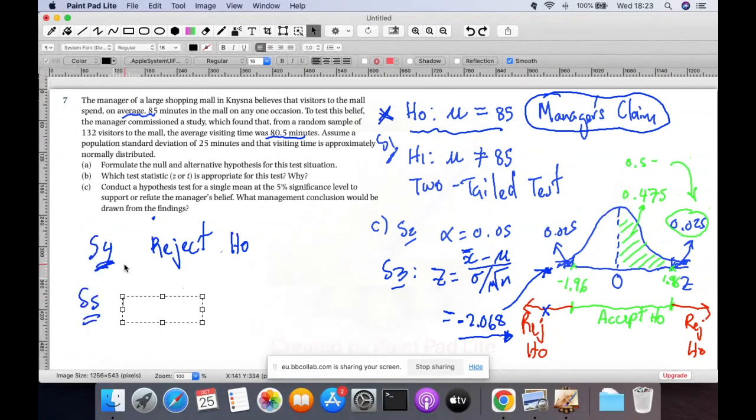And when you do step 5, always start or make sure you mention at some point the level of significance. It's very important that you mention the level of significance. So I'll start off by saying at a 5% level of significance, the data shows statistical evidence that